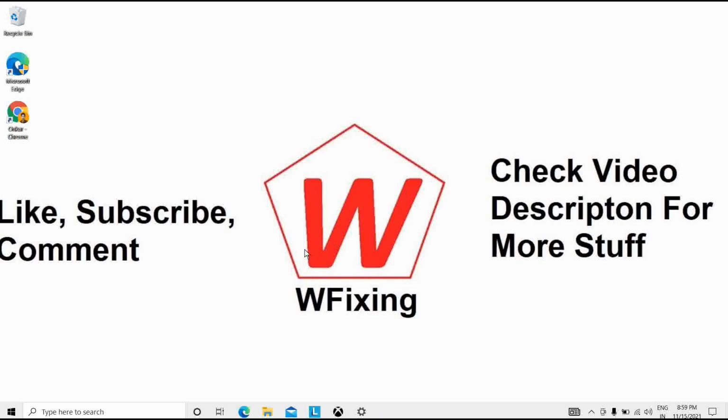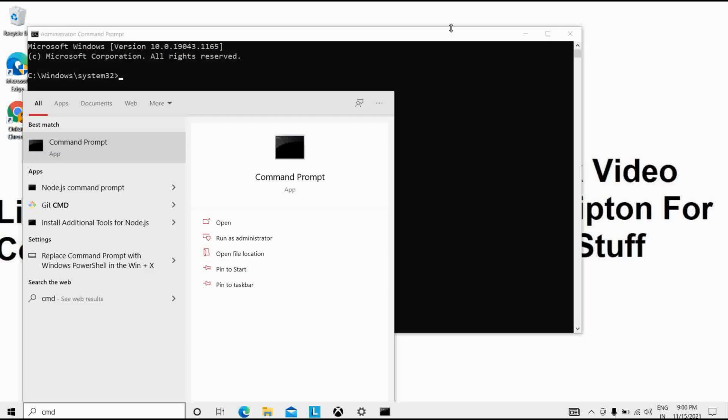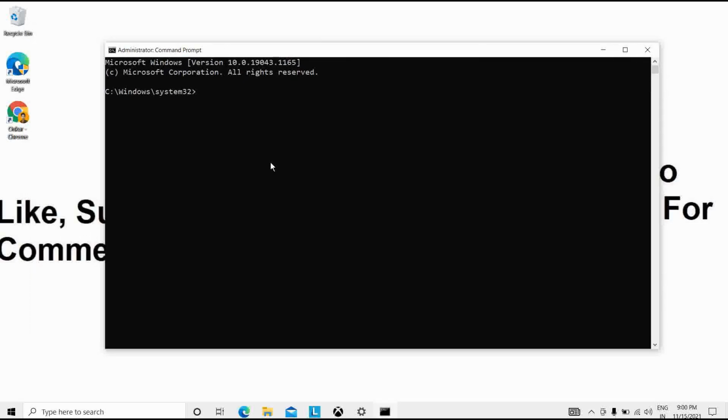Next is to get Command and Conquer Ultimate connection. Use Command Prompt, run as administrator. For that, I will open CMD. Here I will type CMD and run as administrator, and after that you will see this window. Then you have to enter only one command, that is sc config secdrv.